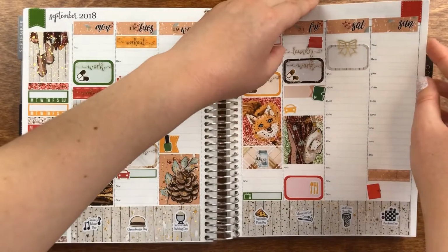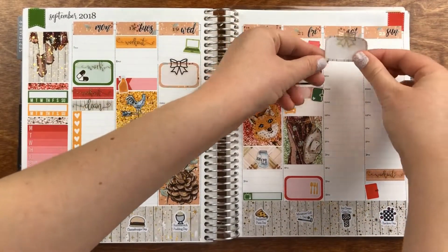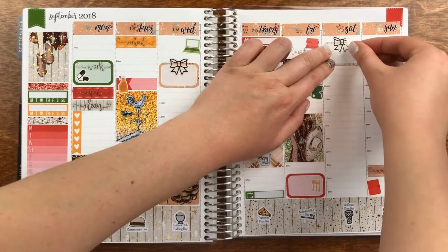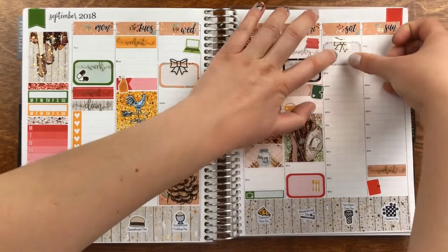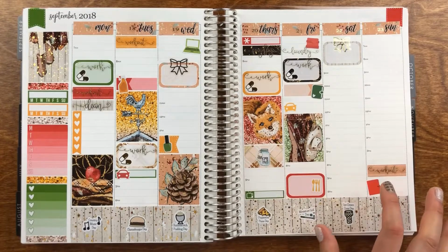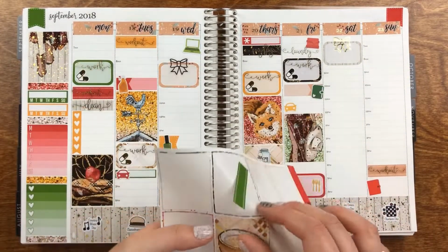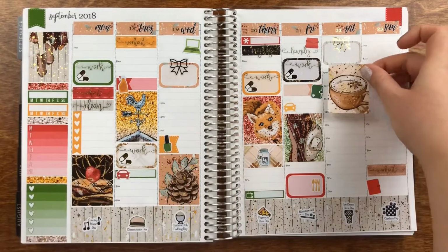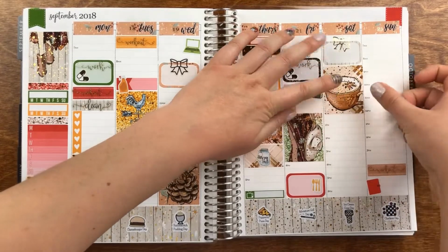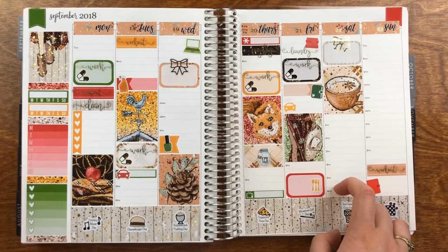Oh, I could totally move this up. Okay, that looks a lot better spacing wise. And then I don't know what we're doing throughout the day, so I'm going to put a full box here, and I'm going to do the little coffee cup one, or hot chocolate. It actually looks really delicious. I don't know what it is. And then that night,